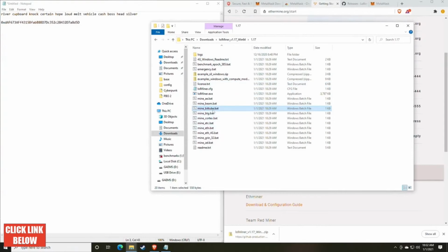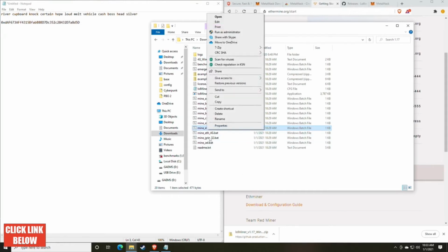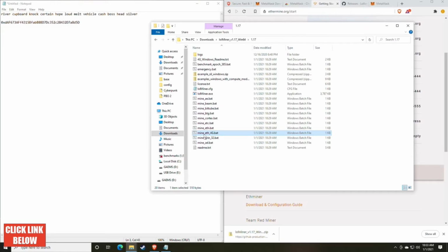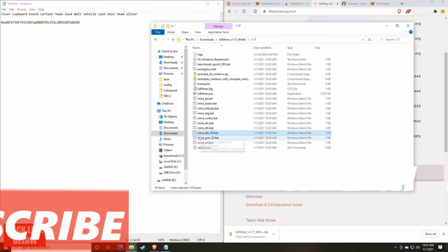So we're going to go back to our file explorer. We are going to find the one that says mine ETH, and this is something we also need to talk about. Okay, so like I said, this is something we need to talk about. Your performance is going to be better on cards with over 4 gigabytes of video memory when using typically just the standard mine ETH. However, if you have a card that only has 4 gigs of video memory, you're going to want to play with the